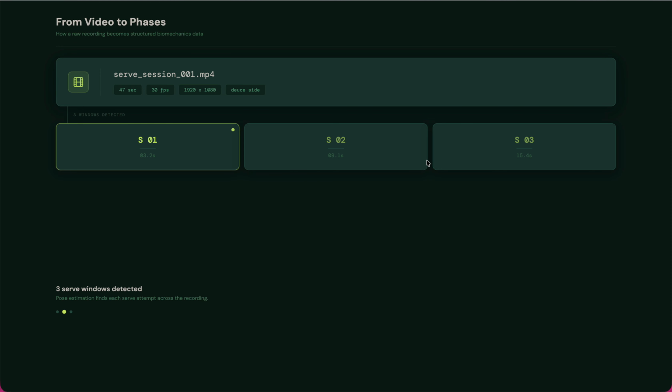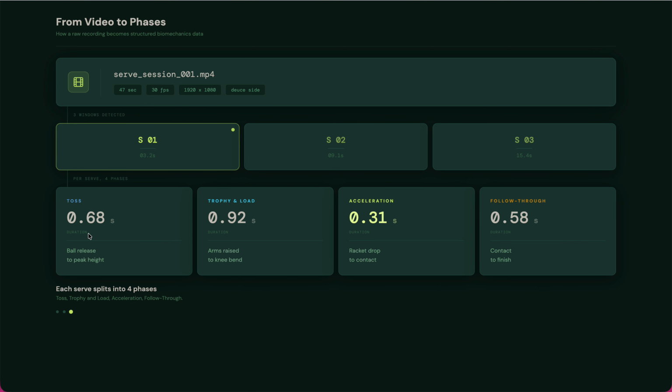But before that, we do ball detection and pose detection for the main player who is serving. And then afterwards, we figure out what are the phases within a serve. So a serve, depending on who you talk to, could have up to 8 phases. We decided to use four, especially because we don't expect everyone to be very technical and do the right technique. So we have four general phases. It's basically the setup and the toss, the trophy, which I don't like to use as a term, but because other people use it, I decided to keep it, the trophy position.